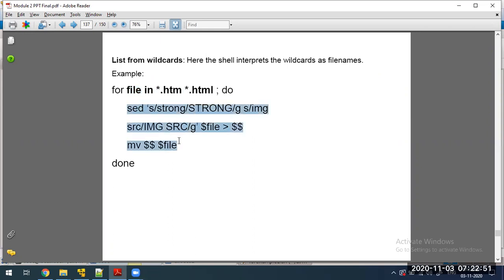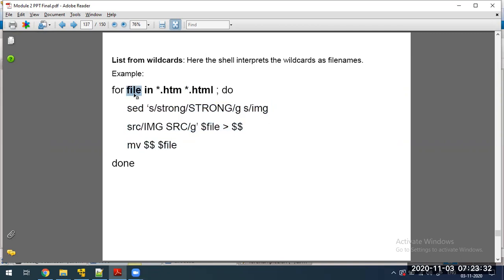Then any operations you can do. You don't worry about the content of this. What you have to understand is, in the case of this list, even you can write the file names. It is not only the commands, you can write the file names. How we have written star.html means any file whose file extension is htm, or whose file extension is html. It will give the file one by one to this variable, and any operations you can do with that.